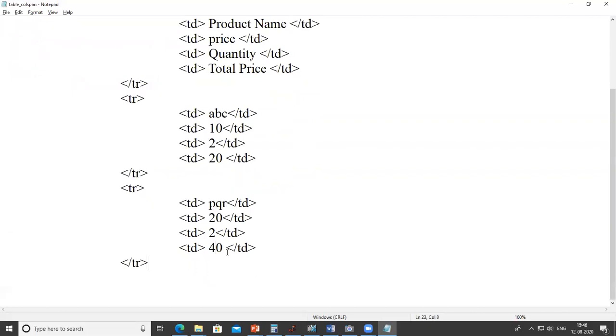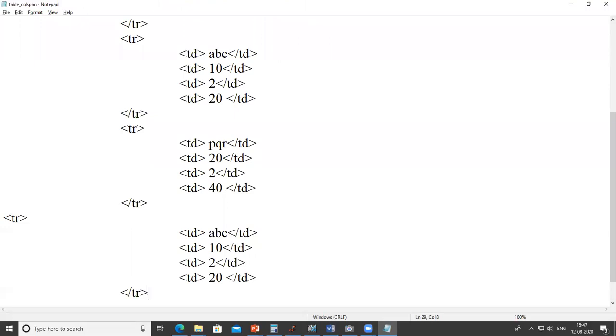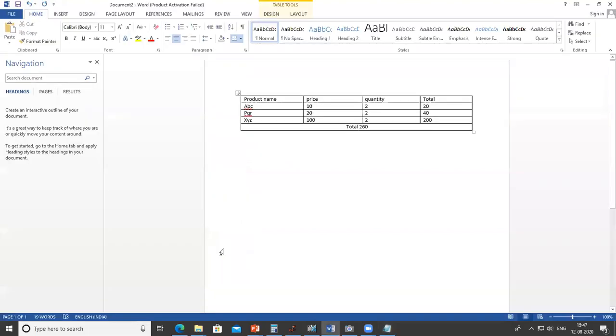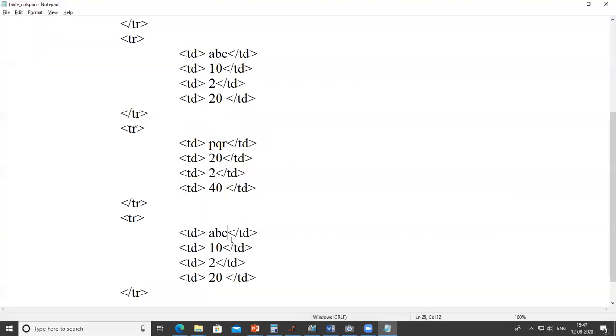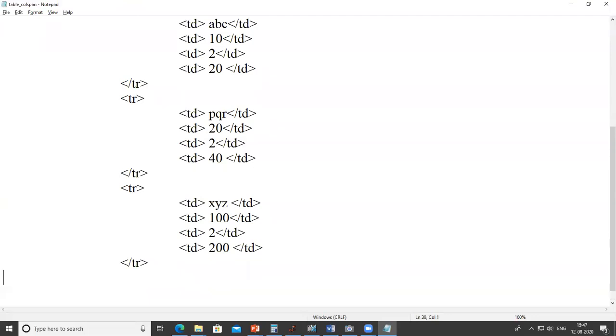Again, I just paste the code. It should be in a line. So the last product is XYZ, with price 100 and 200, 2 and 200. After that, we close the table.